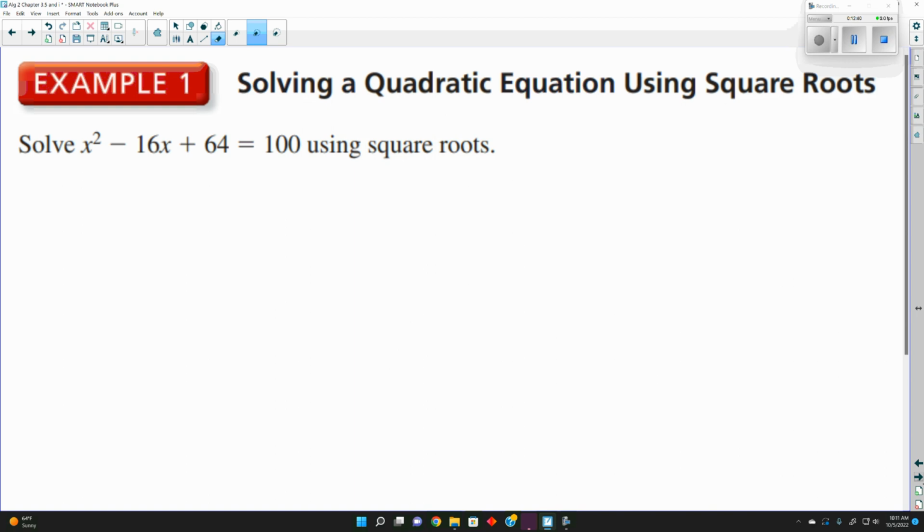We're going to look at this next one here. Now, for the most part, every single method that we've had, especially when we had a middle term, is we wanted to get the equation equal to 0, yes? I want to do this one a little bit different. Now, the square root method worked great in 2 cases. One is if we only had x squared, we didn't have a middle term. And the other case was if we had a set of parentheses squared, yes? What I want to do with this here,